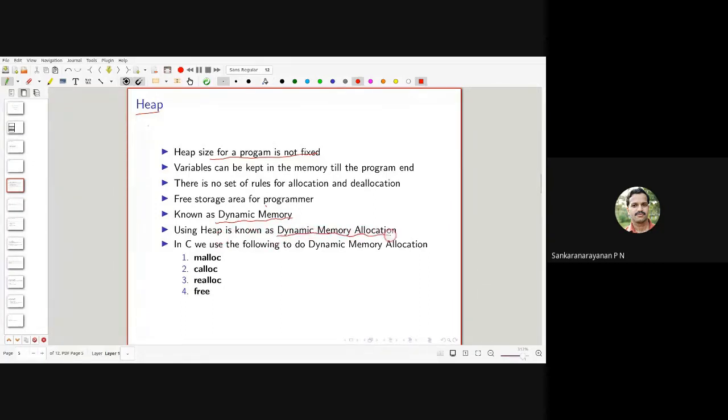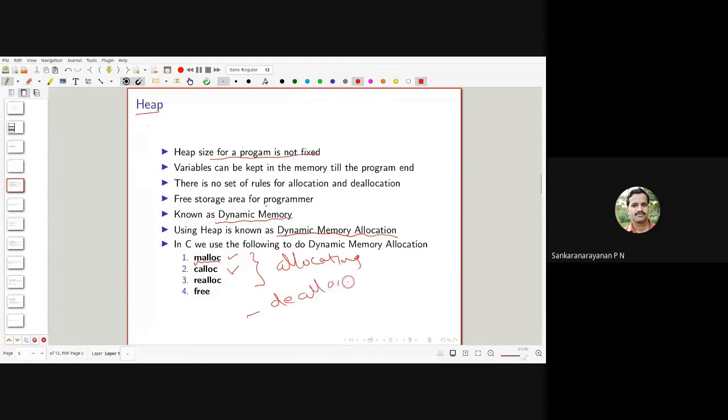I hope you studied this in computer programming in C. In C, we use the following functions to do dynamic memory allocation, or allocating memory from the heap in the program: malloc, calloc, realloc, and free. The first three are for allocating, and the last is for deallocating.